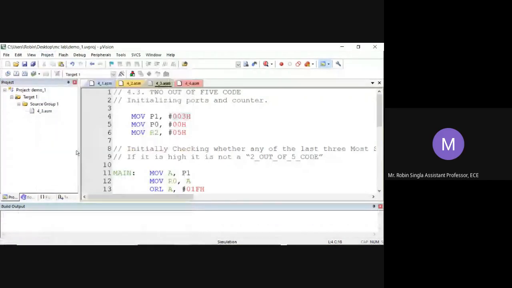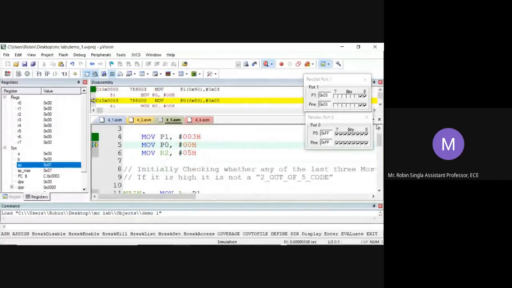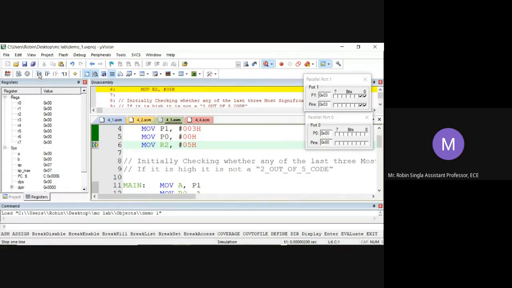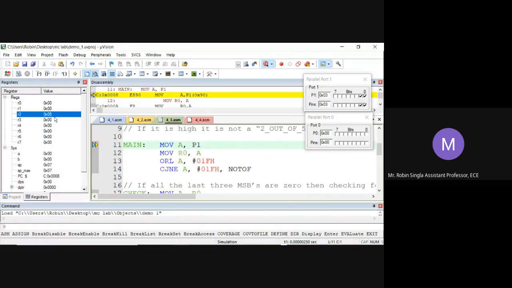Target. So 03 is in port 1. Port 0 we cleared. R2 is 5, used as a counter.